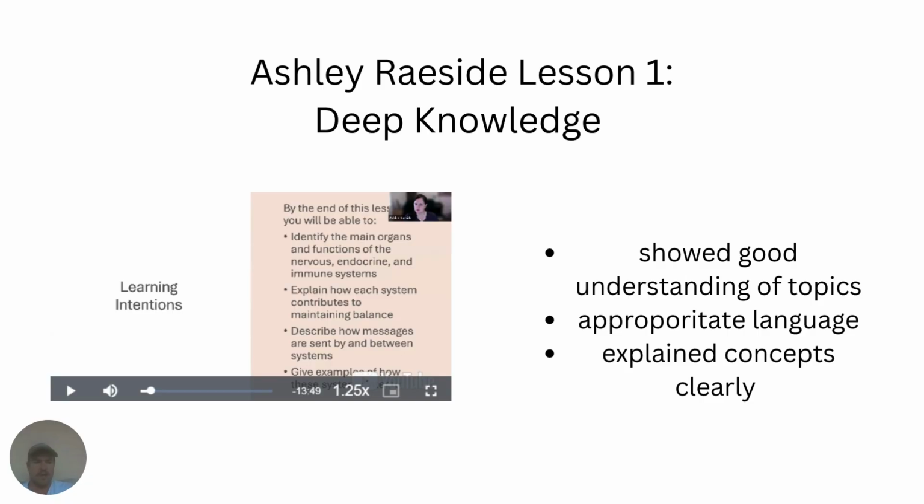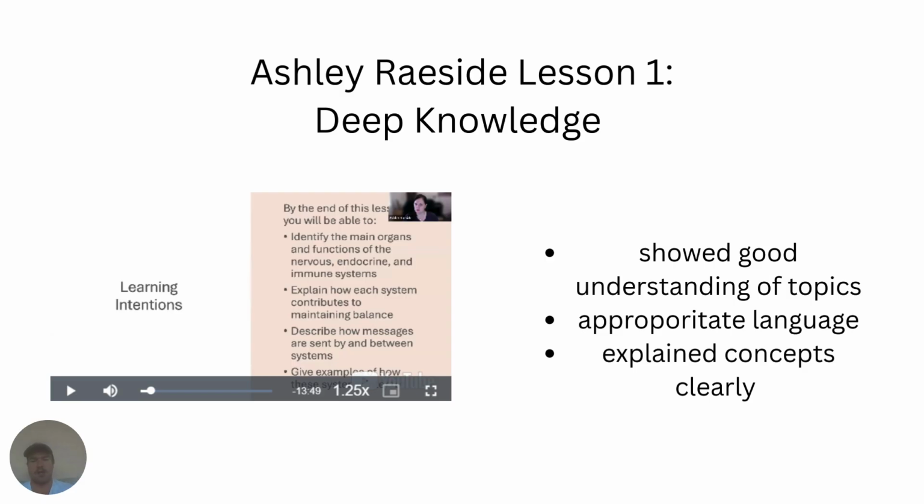But first of all, a real strength of her lesson was the use of learning intentions at the start, which aligns strongly with the quality teaching practices. It makes those learning intentions accessible and student friendly, so they know what's happening and what they're working towards and how they can achieve success throughout the lesson, which is really good for student regulation as well. And it's really important in the middle years because they can benefit from clarity around expectations of what they need to do for the lesson.